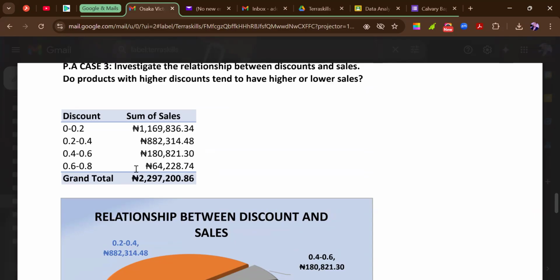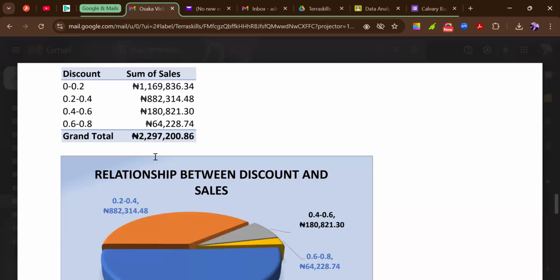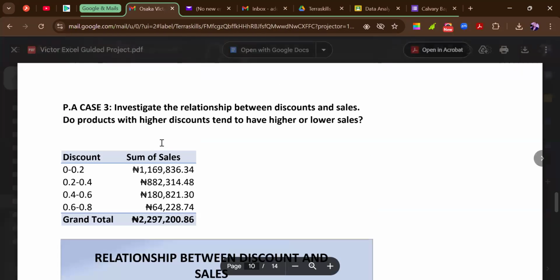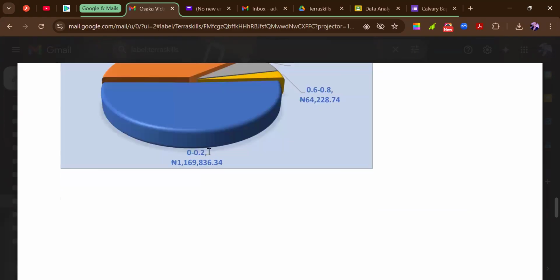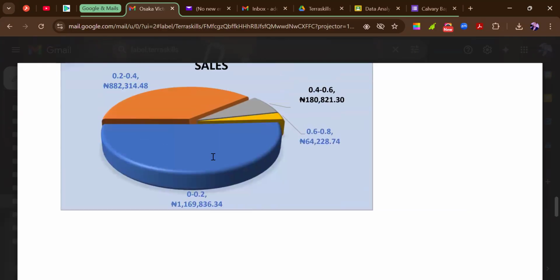Because if you are setting a kind of discount boundary just to get some products sold, I think you need to reprioritize the attention you give to that particular product. Maybe you produce less of it, or you redefine or rebrand that product to make things better. But for this chart representation, this is very good. Well done.